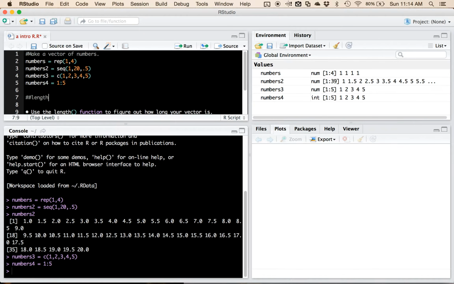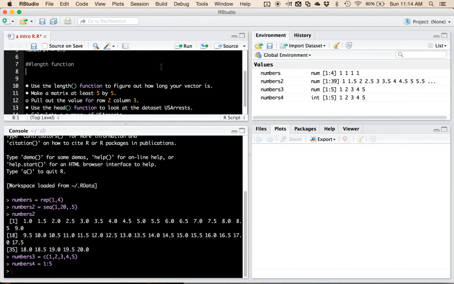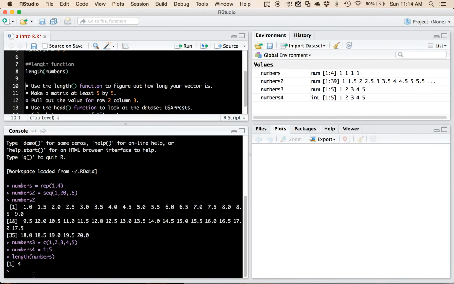The next thing is to use the length function. Now length is an interesting function because it doesn't always do what you expect it to do, but for vectors it's really easy. It tells you how many things are in that vector. So I would just type length and then pick one for whichever one I want to use. So numbers, let's use the first one. If I run it, it tells me that that length is 4. I could save that as another number, so I could say